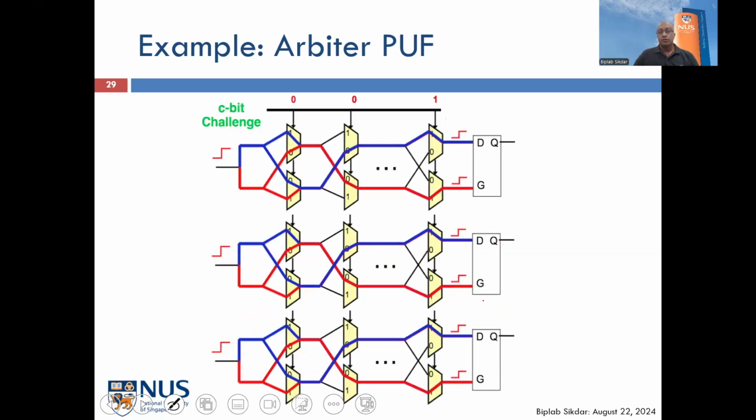So if I manufacture the same device again tomorrow, maybe the red line is shorter. If I manufacture it again the day after, maybe the blue line is shorter. So we really cannot control that, right? So the output of this is completely a function of the hardware that I manufactured that day. And because of variations that occur randomly, we cannot fully control this. So if I have a large number of these things in parallel, so instead of having one random bit at the output, I can have a large number of random bits at the output. And this